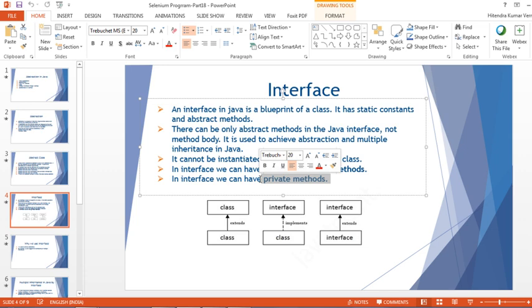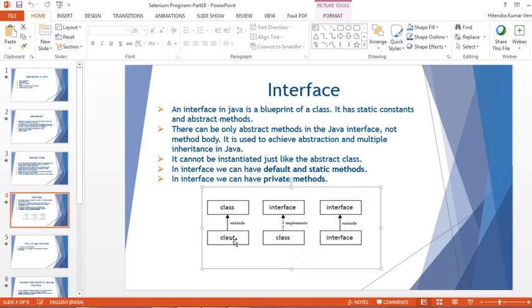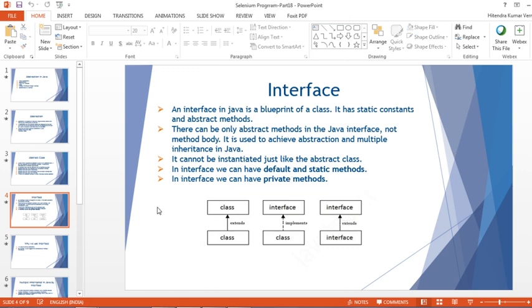After Java 9 we can have private methods, and this is the relationship between class and class, like how we can extend. We use the extends keyword to extend the class, and similarly we use the implements keyword if we are implementing an interface. So a class can implement an interface, and we have the extends keyword again between interface and interface. Okay,